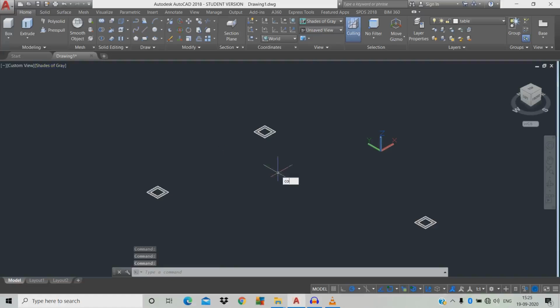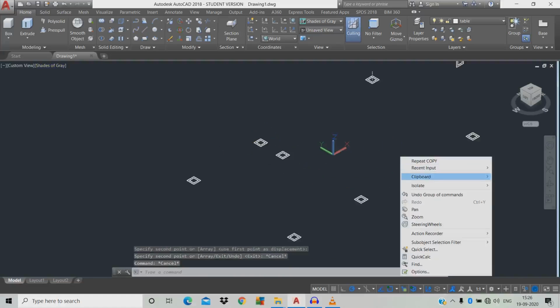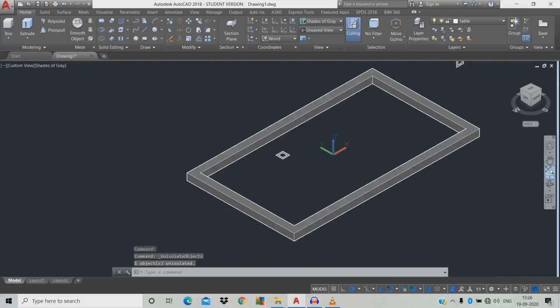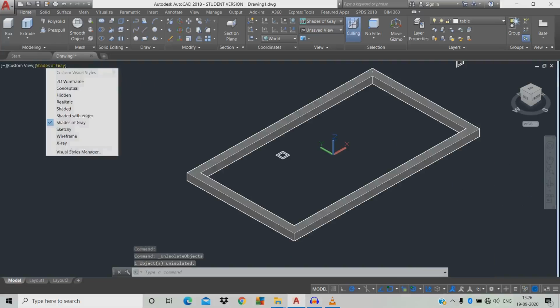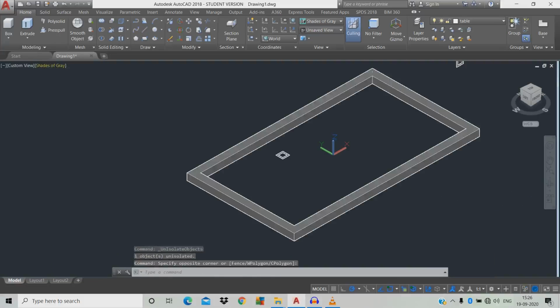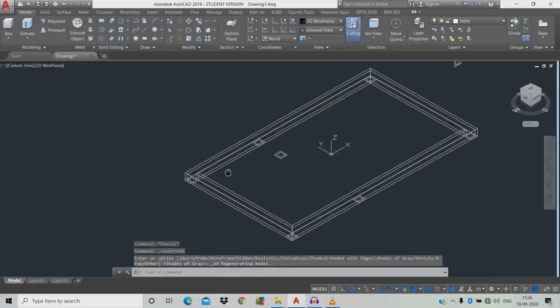Then CO space, click the object, space. We're gonna copy the single object and right click, move to isolate, end object isolation. Shades of gray, we're gonna change it to 2D wireframe.